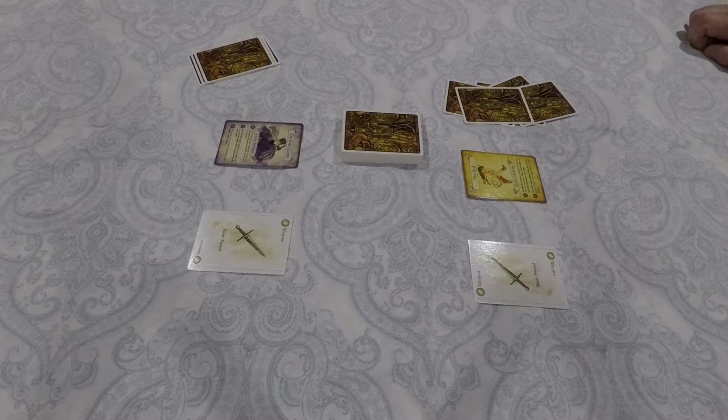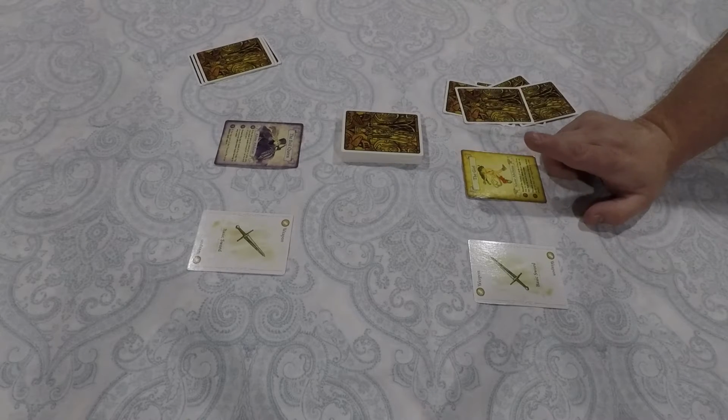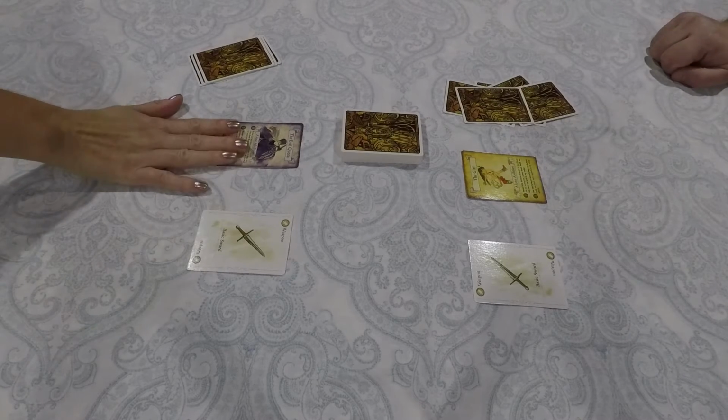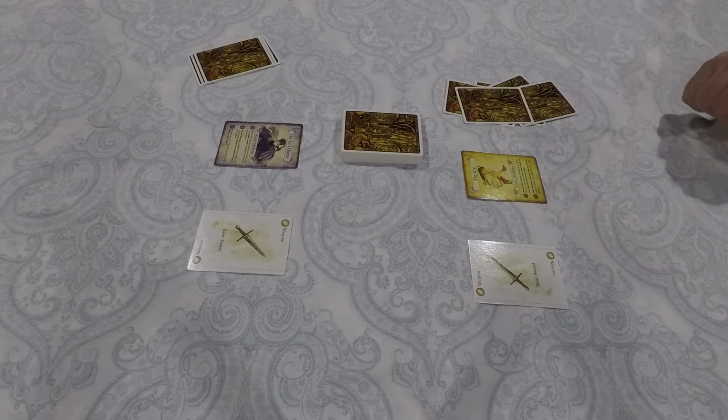Okay, so here we can see a game of The Girl and the Robot set up for 2 players. I'm on this side of the table, and I'll be playing the girl. I'm over here, and I'm the evil queen. And now, to set up the game, it's fairly simple. For a 2-player game, which is our favorite way to play this game,